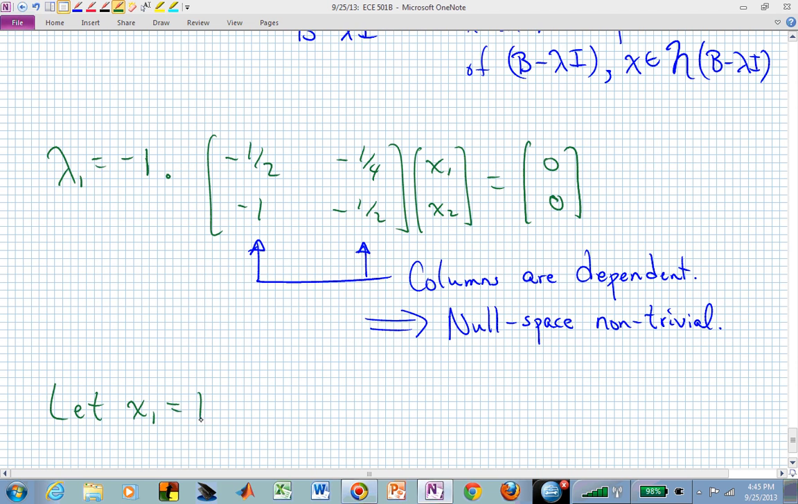We can now just select one of these. Suppose we choose x1 to be 1. Then I can use either the top row or the bottom row. If I choose the bottom row, I now have minus 1 minus 1/2 x sub 2 equals 0. I just substituted x1 equal to 1 into the bottom row. And if I scale this up and solve for x sub 2,